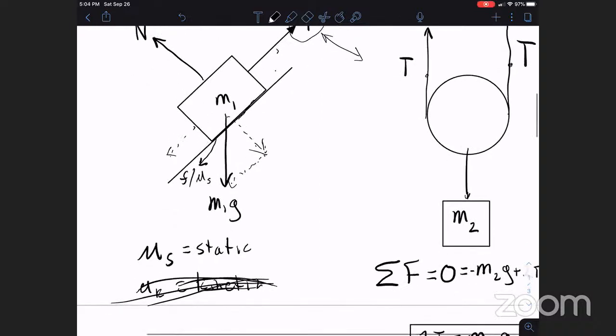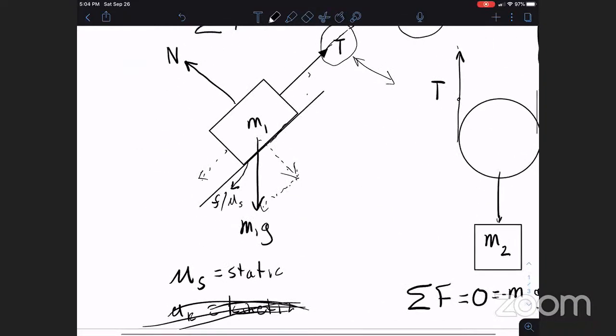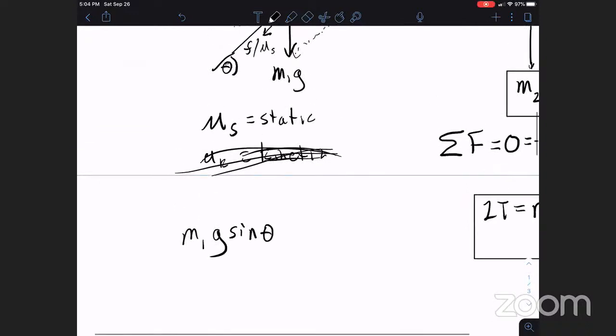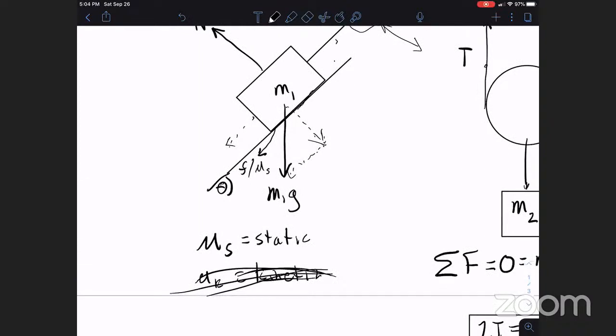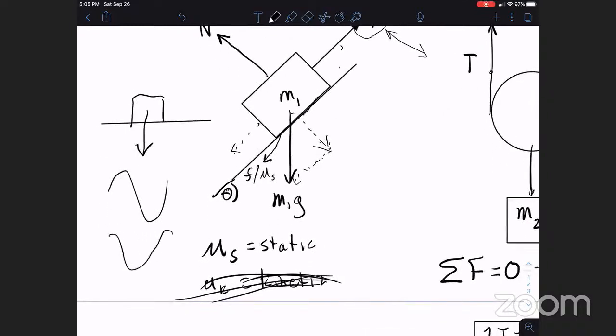So let's break it down. We have mass 1 times gravity multiplied by, and we have an angle theta here that this slope makes with the ground. And now we have sine theta. And why is it sine theta? Well, if you look at how this is broken down, we can figure out that if this were a flat slope, the component of gravity would be 0 because gravity would be going straight into the ground. And we know that we have two curves, sine and cosine. If you were to graph these two,